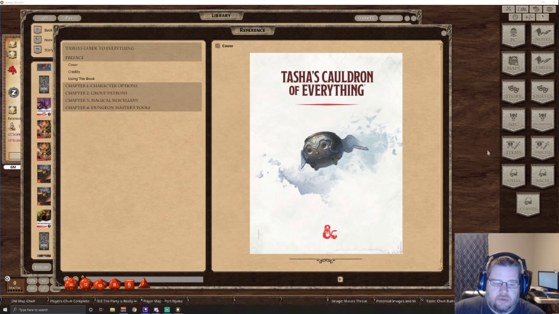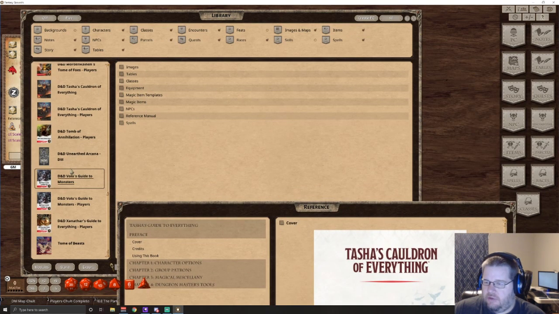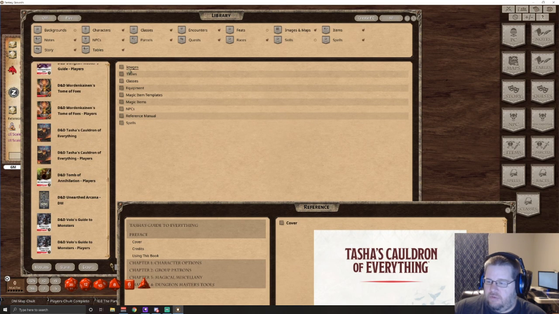I've loaded up the modules into Fantasy Grounds here, and I've just pulled it up in reference. You can see in my library I've got all the different books here on the left. Fantasy Grounds has split up Tasha's Cauldron into the full version and then a player's version, so I can specify what content in either of these books the players that connect to my game have access to. I'm not sure what the difference is. I'll take a look later, but I'm just going to be going through the